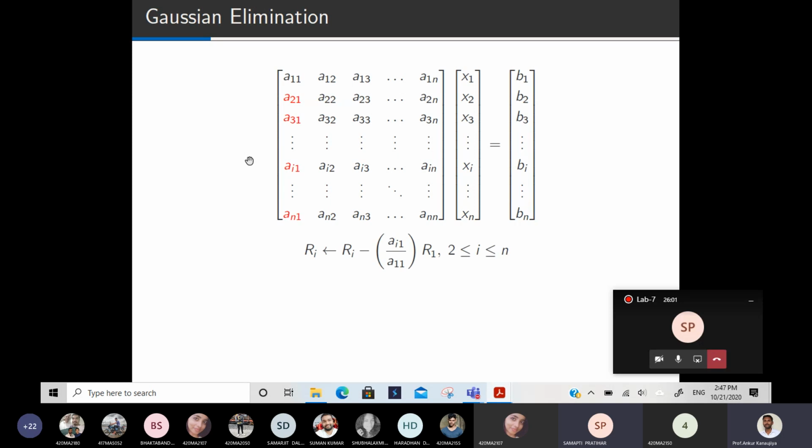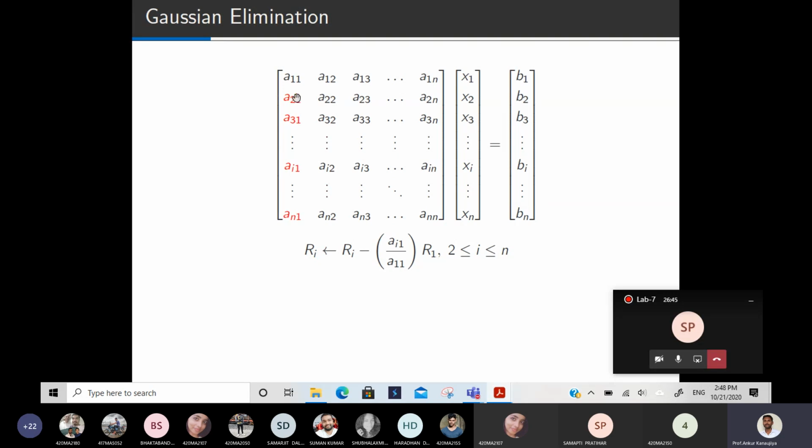Okay. We will apply this operation. Just check whether it is correct or wrong. If you want to make the ith entry 0, then you have to make it Ri minus ai1. This entry I want to make 0, so this entry is divided by a11, because with the help of a11 we are making it 0. If you divide by a11 and apply this row operation, this entry will definitely become 0. Everybody agrees with this? If you want to make it 0, you have this row operation: Ri minus ai1 divided by a11 into R1.